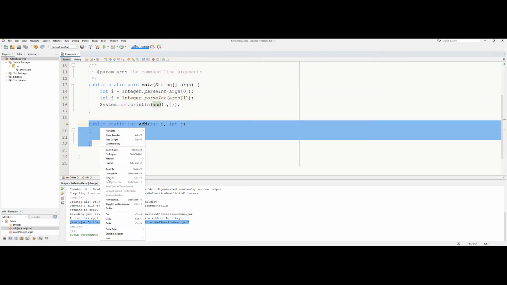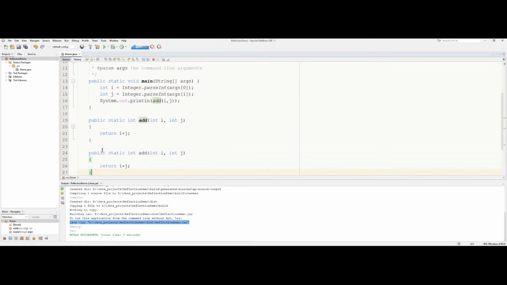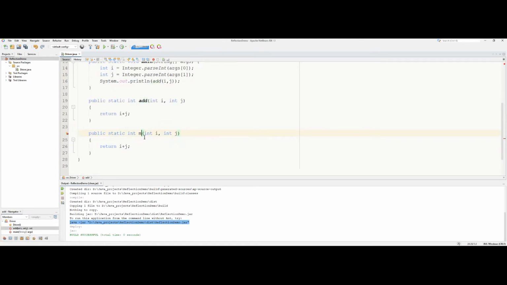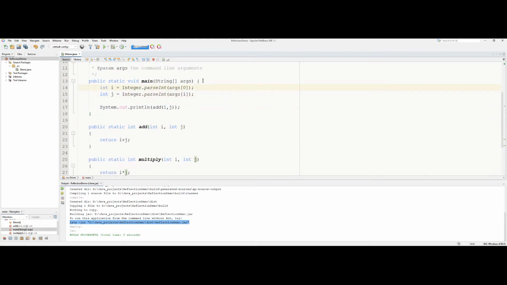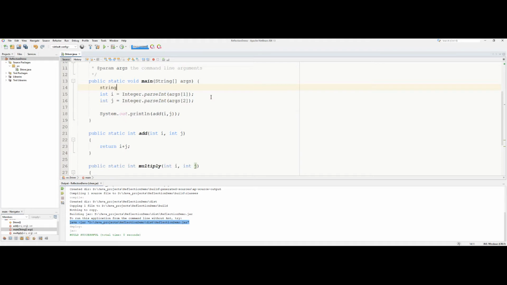Okay, so I'm going to copy this, and then I'm going to have another function. This function is multiply. Okay, and it's going to multiply i by j. So here I need to change this to the asterisk. Okay, now I'm going to have 3 arguments. So I'm going to keep this one as the second one. This one is going to be the third, and